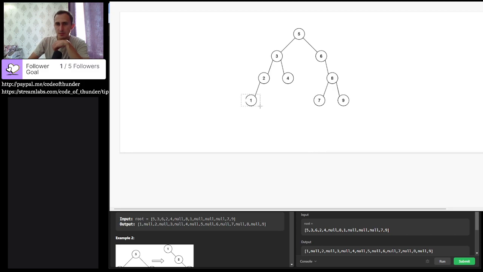So we can say that we take this one. No, not like this. Let's copy this. Yes. Take this one and we connect it like this to the upper root, not to the upper node. Now it's not an upper node, now it's the right node. But then